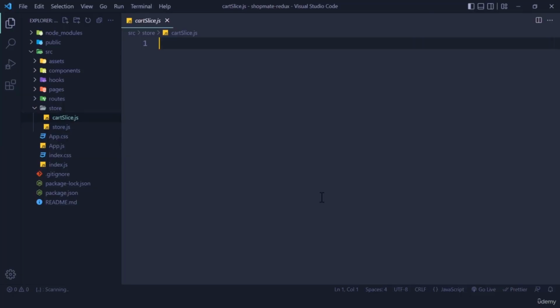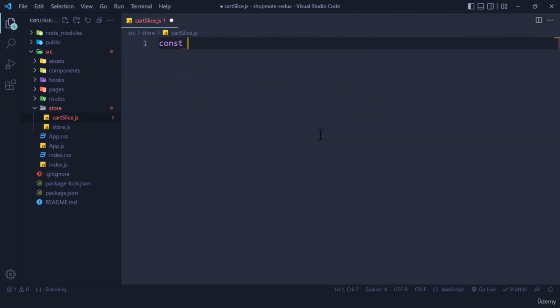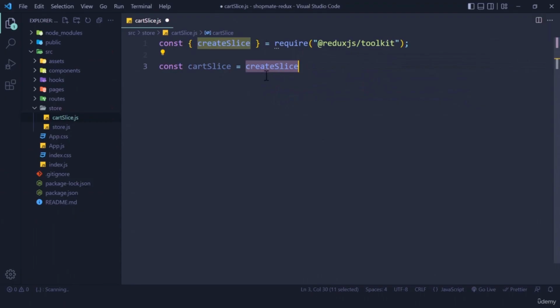Hey there, welcome back. Now let us start our task with slice. So I have this cart slice and the first thing I need to do is create a slice. So basically I'm going to have const and I'm going to create a cartSlice. Now this will be created using a function called createSlice. Yep, we need to access this from our